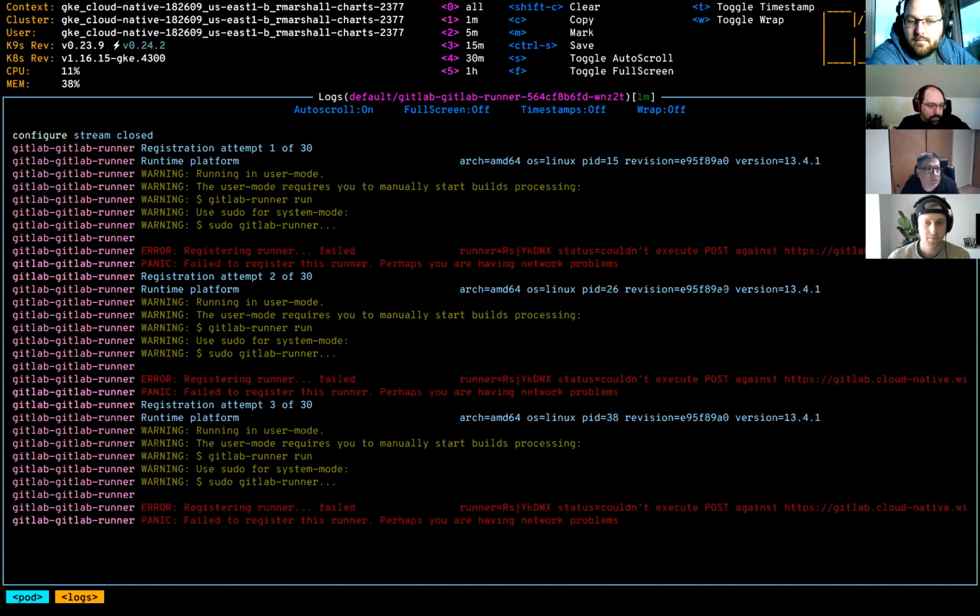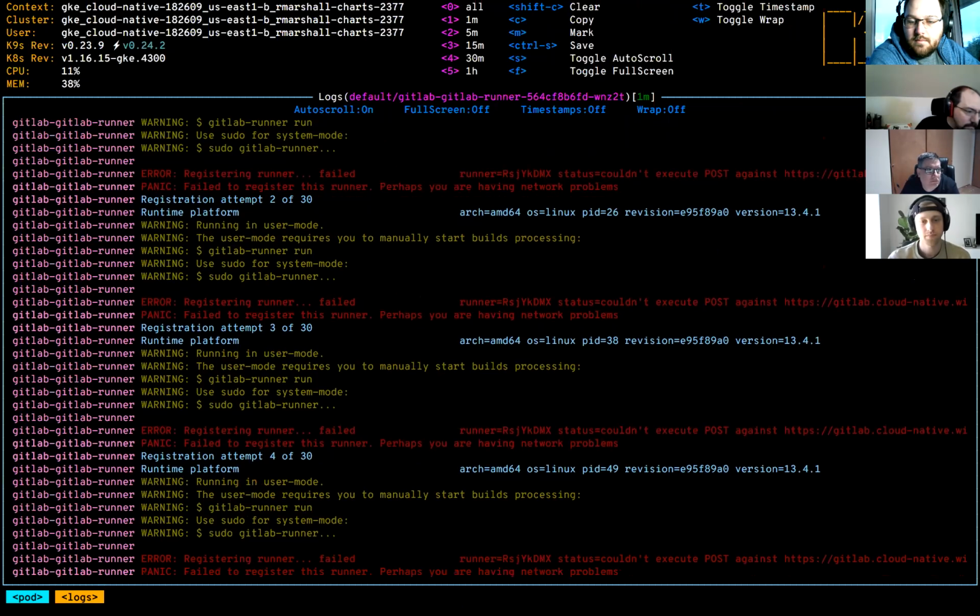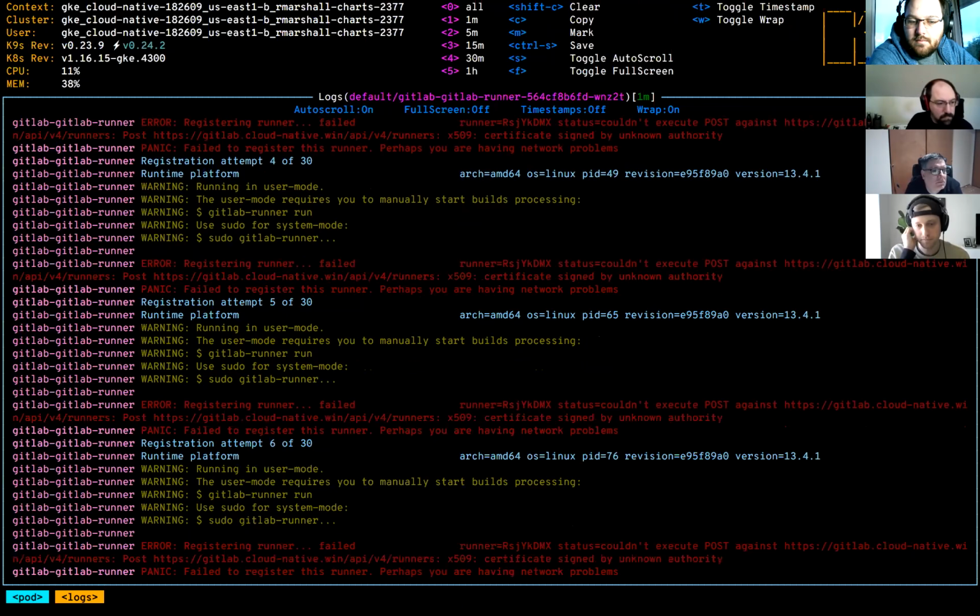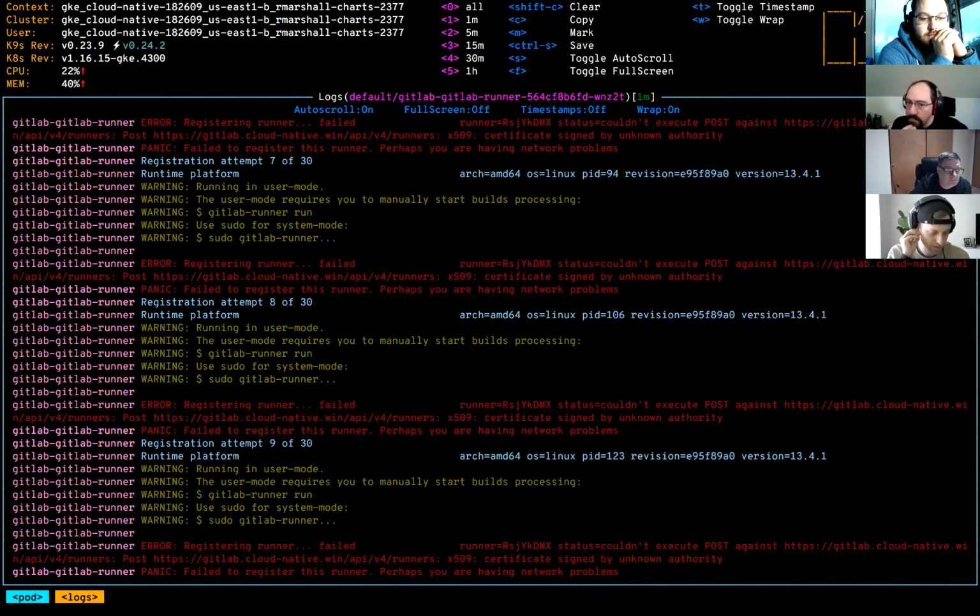Registering the runner is failing. Might be because it doesn't like your self-signed cert. Yeah, if you press W to turn on wrap, we might be able to see more. Yep, unknown authority. Mitch, there's a trick to that, isn't there? And if you look at my kind values under examples, if you look at my kind values base.yaml, I think